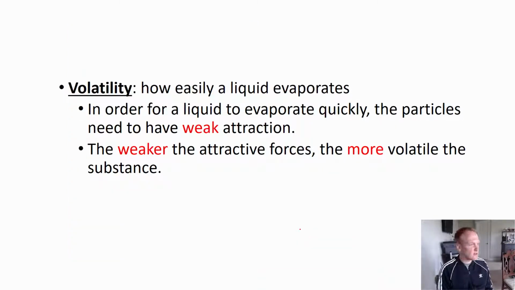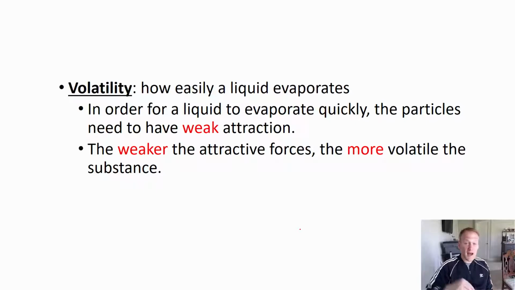Volatility, okay? Once again, we're going to revolve around the idea of intermolecular forces here. Volatility is how easily a liquid evaporates. So you can already think in your mind, water takes a little while to evaporate. Think of things that evaporate real quickly: alcohol, gasoline. You know gasoline evaporates quickly because you might see it if you spill some when you're putting it in your car, but also because you smell it so quickly. Typically things with a real strong odor are evaporating really fast, okay? And so we'd say they have a high volatility.